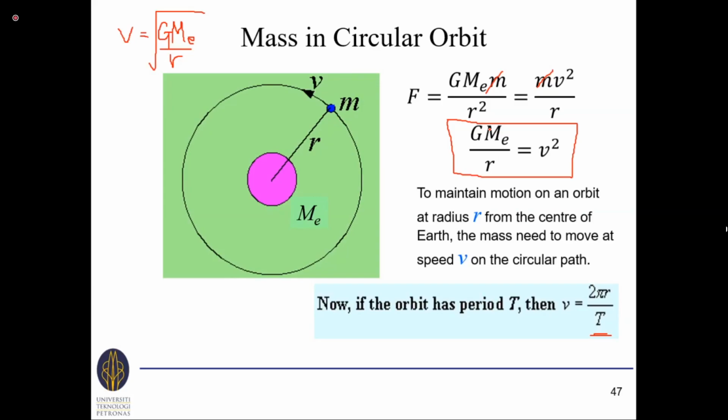So that is how we can calculate by changing velocity equals 2 pi r over t. Then you just put this 2 pi r over t back in the equation to get your time for the calculation. So for orbit motion or circular motion, circular orbit, normally the question can ask you things